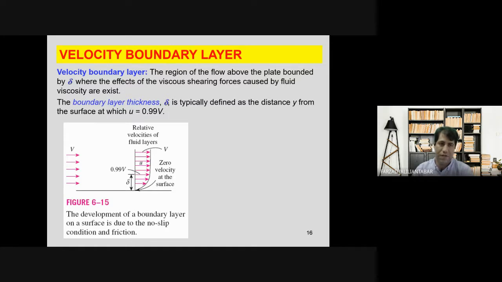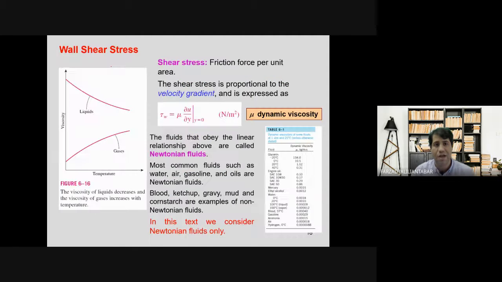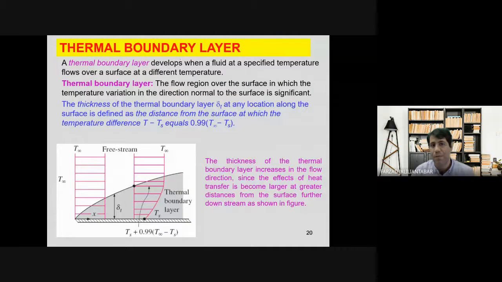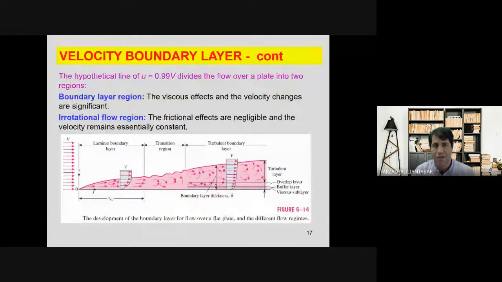We finished our discussion this morning about the velocity boundary layer. Okay, we have the velocity boundary layer. I have already introduced what a boundary layer is. We also have the thermal boundary layer. You know, when